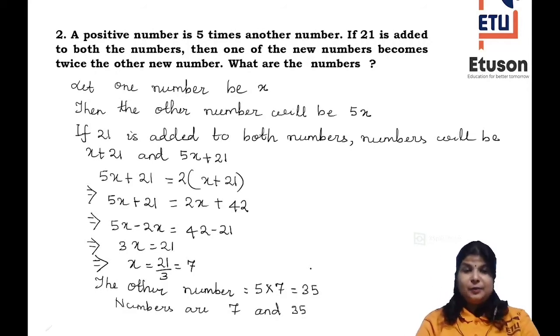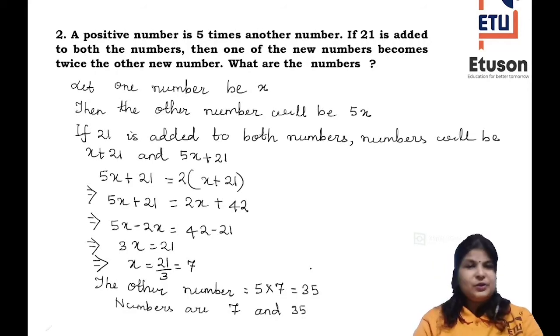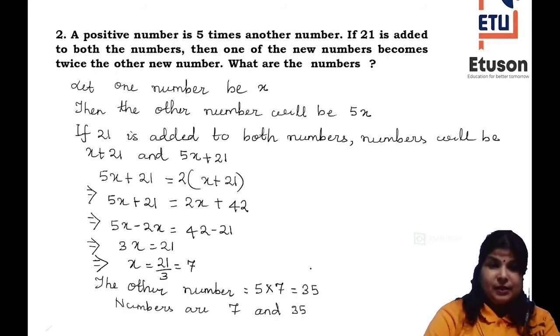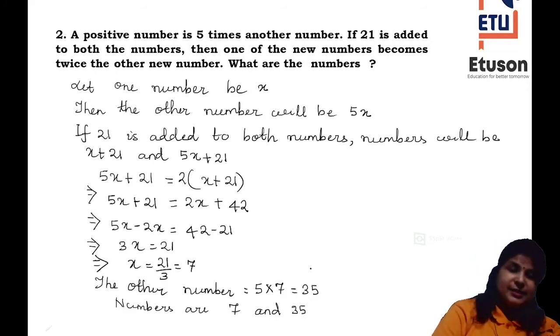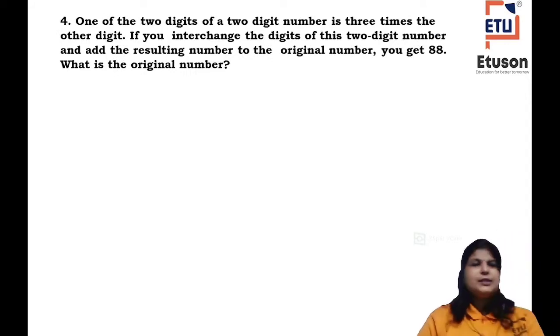So this is another way where you can confirm whether your answer is correct or not. Okay children, so the first question of your exercise is over. So this is the second bit of your exercise 2.4. So now let us go to the next problem, that is question number 4.